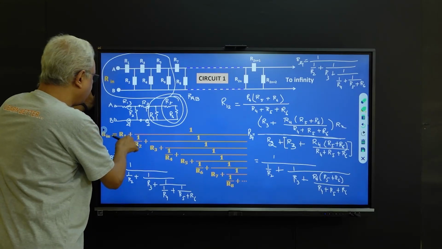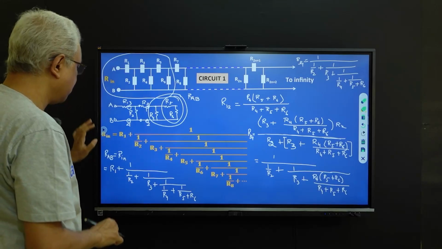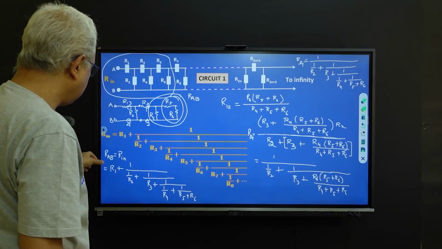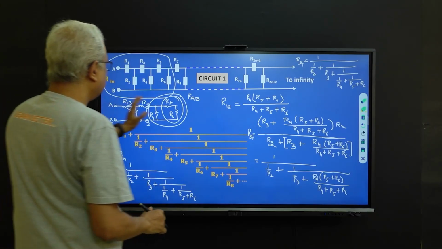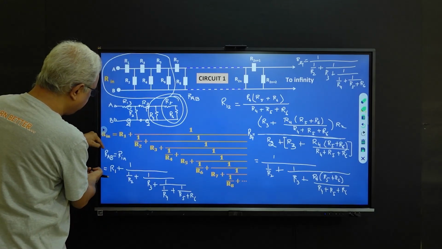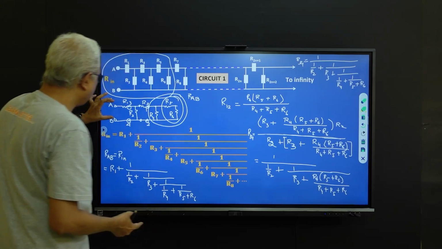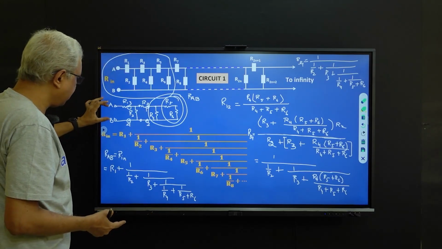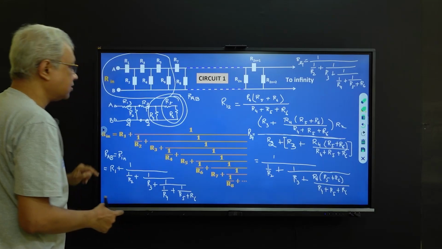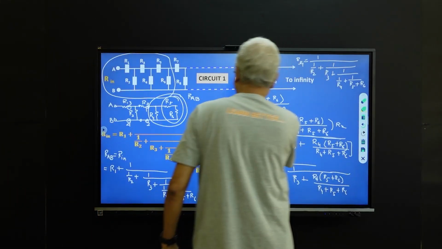Then the reciprocal of this in series with R1 gives the input impedance. So this is the expression of this circuit. The expression of RAB, the input impedance or input resistance between AB, the equivalent resistance between points A and B, can be expressed like this. Okay, now see,